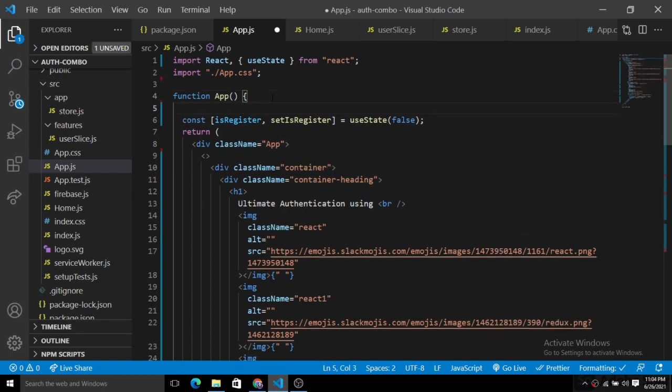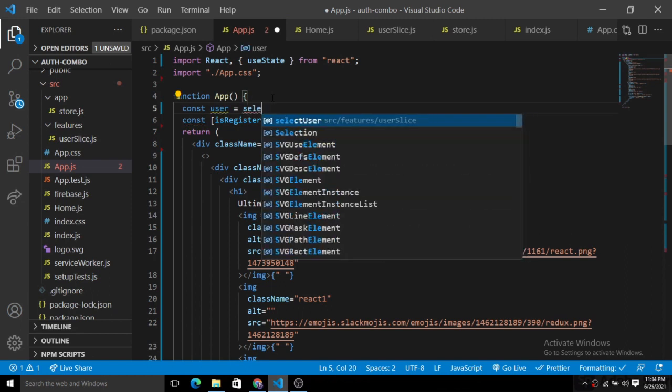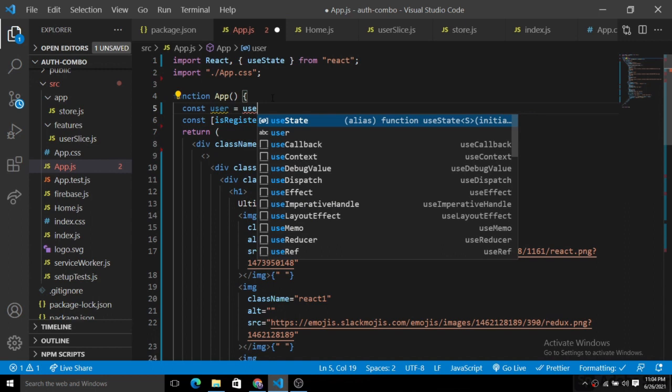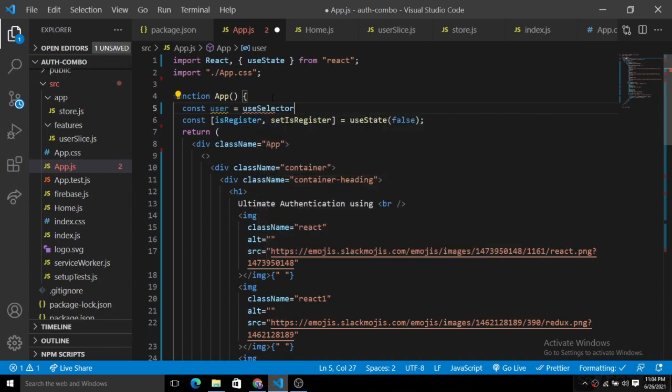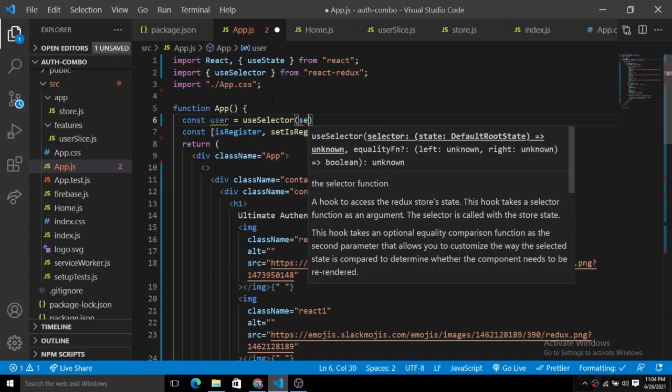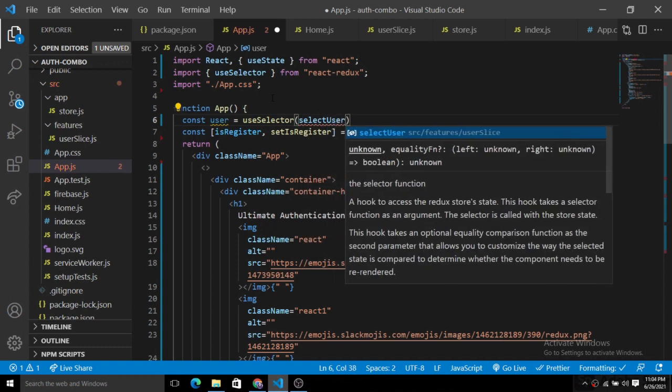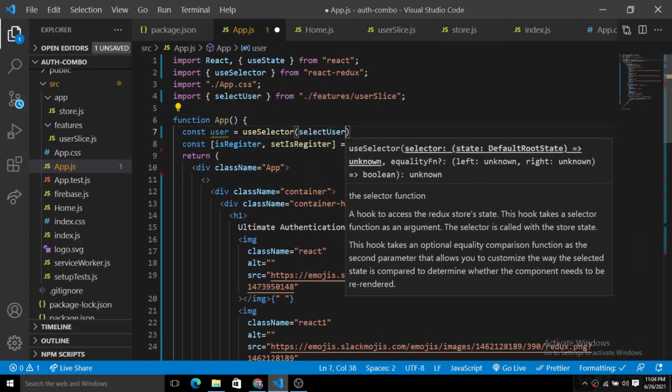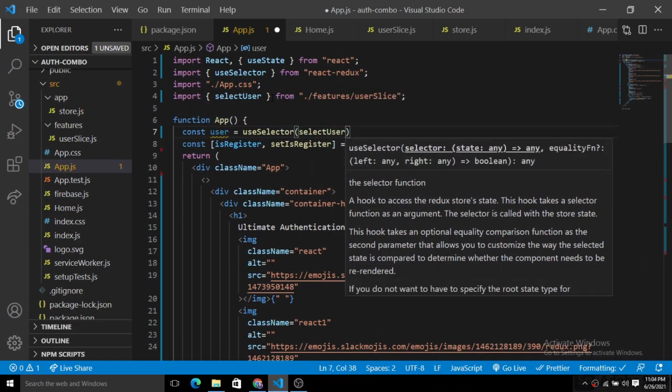Here we'll create a user object, and we will use the useSelector hook, which we import from React Redux. Inside this useSelector, we select the user that we have already created with the state in the user slice. So useSelector will provide all the necessary payload of that respective user, whether the user is null or when we have the payload for that user.